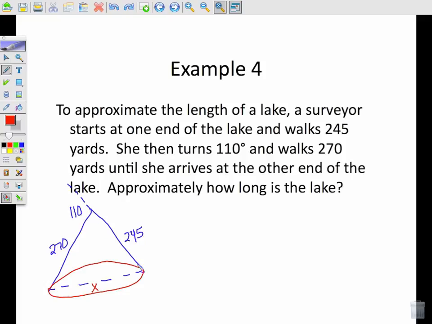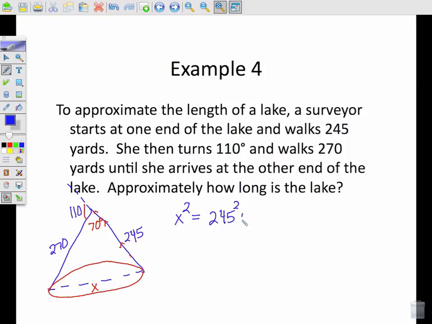All right, well, what we know is if this is a straight path going this direction, and then the person turns 110 degrees, that's 110, we have to assume then that's where the 70 is coming from because they're a linear pair. So you know the 70 as well. Using the law of cosines, we're going to go ahead and find x. So you start with x squared equals